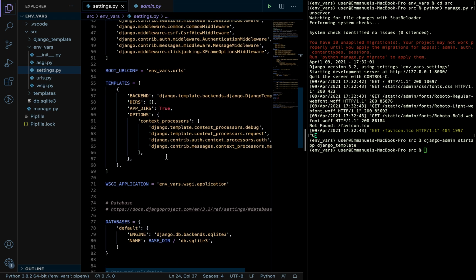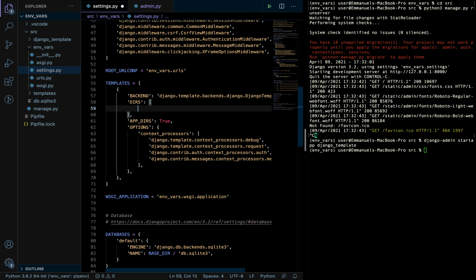So we're going to go under templates. You can see templates here. And we can see DIRS, this stands for directories. So you should input the directories housing your Django templates. So number one is